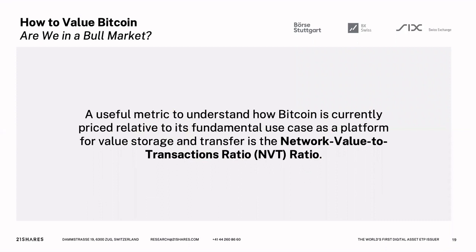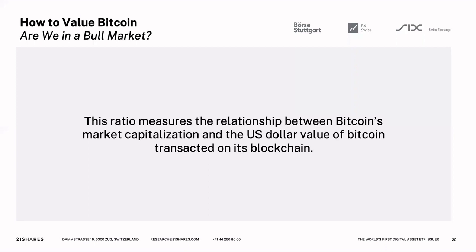As we mentioned before, we see Bitcoin's fundamental value as allowing people to transfer value and store value across the internet. So a metric called the network value to transactions ratio, the NVT ratio, is quite famous for allowing people to better understand how good Bitcoin's fundamental traction is, and also work out whether the market is pricing Bitcoin at a premium or a discount based off its ability to transfer value across the internet. So this ratio measures the relationship between Bitcoin's market capitalization and the US dollar value of Bitcoin transferred